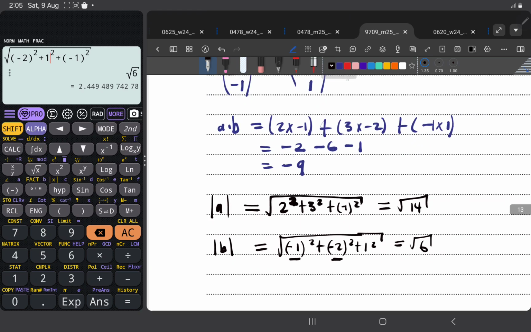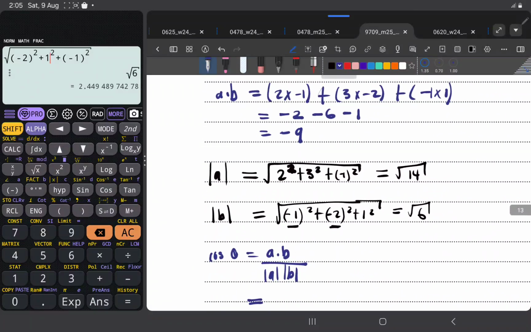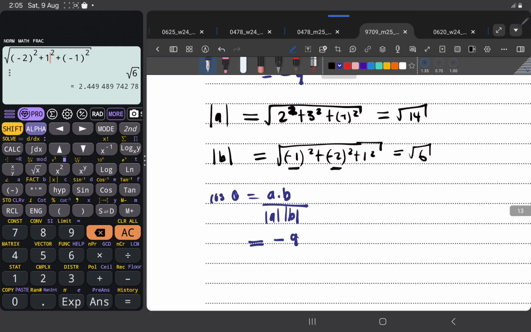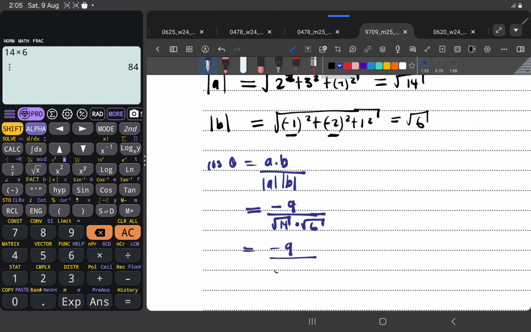Are you seeing this? So now you can come and put the formula again. Cos theta is equal to A dot B over the modulus of A by the modulus of B, which is equal to, A dot B is what? Negative 9 all over these two moduluses, root of 14 times root of 6, which is negative 9 over, what is 14 times 6? This is 84. So it is all over the square root of 84. This is going to be my cos theta,